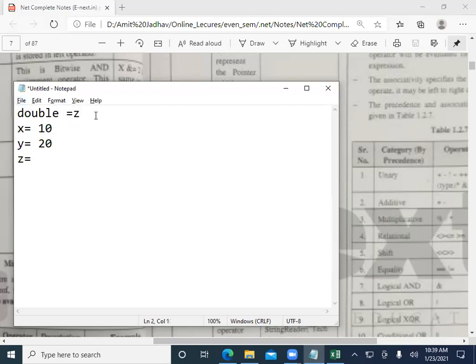So here both values x and y are integer, and the value of z is double.